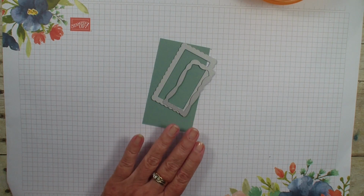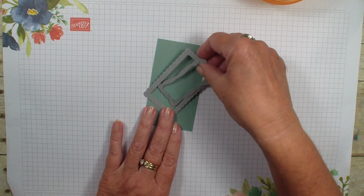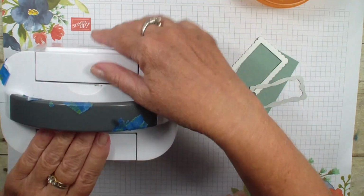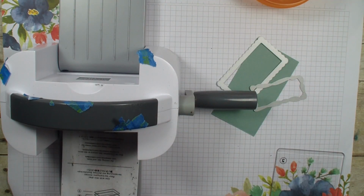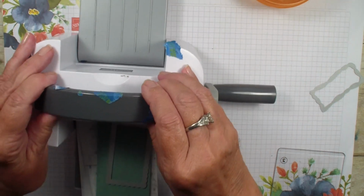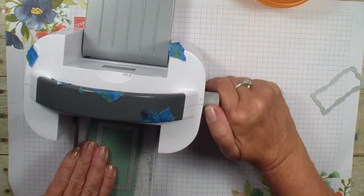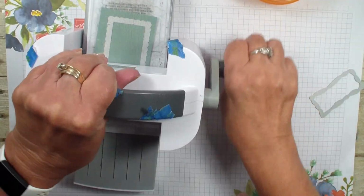So today I want to show you double die cutting, and I have a small piece of Soft Succulent. I also have the die that is Scalloped Contour, and then I have the Stitched with Whimsy. I'm going to bring in my Stampin' Cut and Emboss mini machine. First I'm going to cut out with that Scalloped Contour. You'll notice that I have lots of little painter's tape on my embossing machine. I like to have them right there so that when I need them for a technique like this, they're right there. So first I'm going to cut